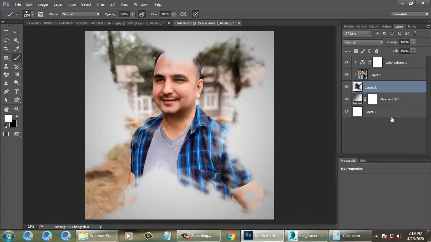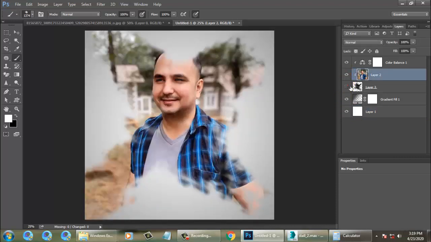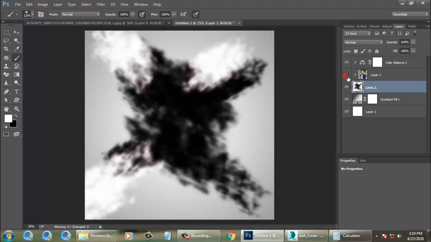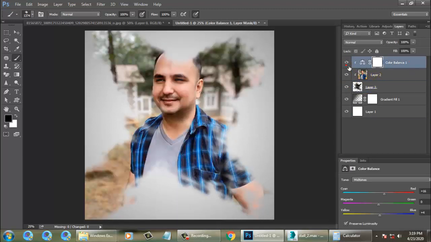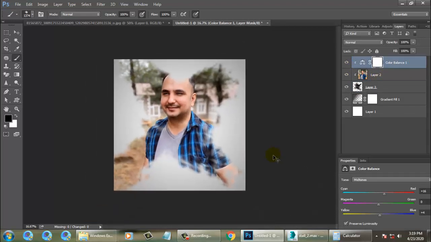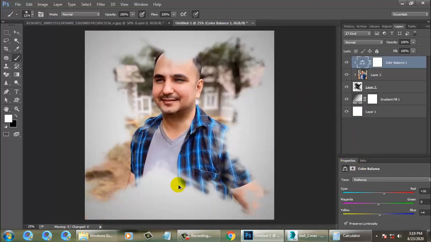This is your first mask layer, your main gradient layer, and this is your clipping mask, and we painted on this. That's your black and white, and that's your color balance part which we have created. So you can work in this way accordingly.